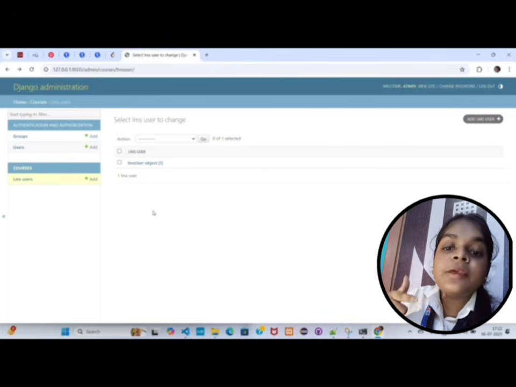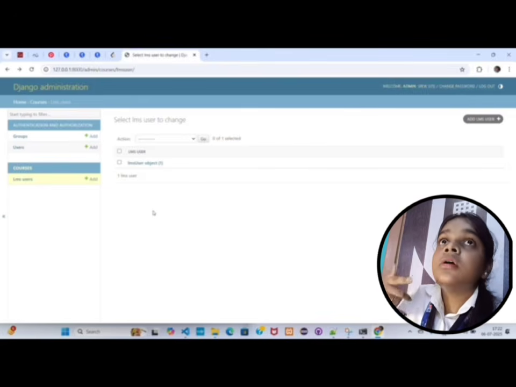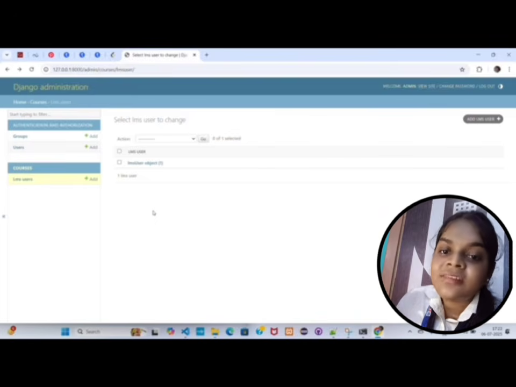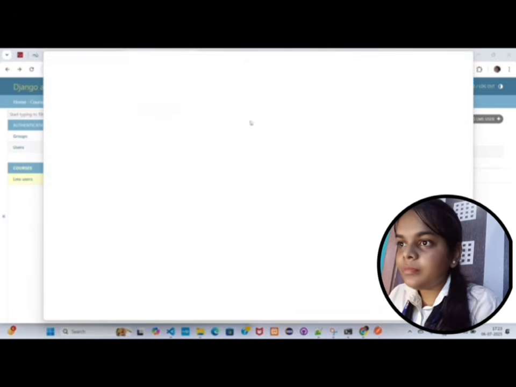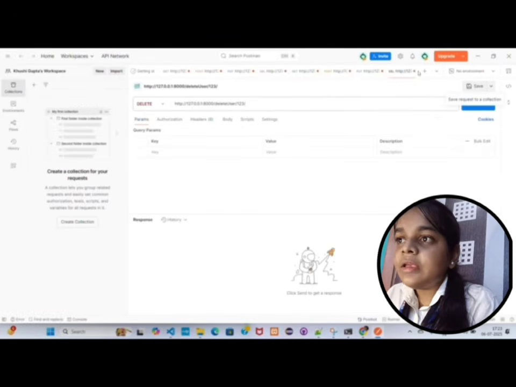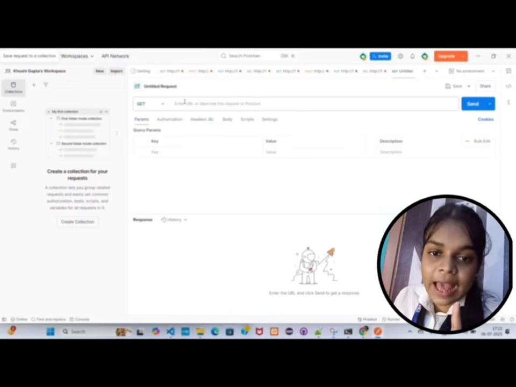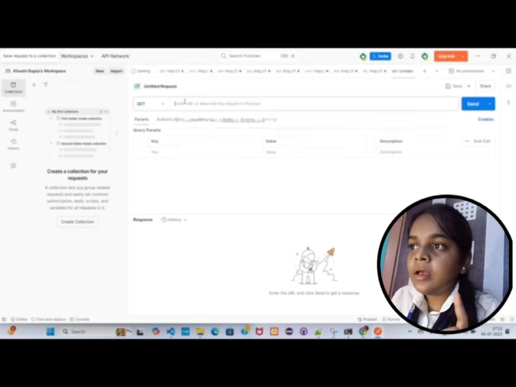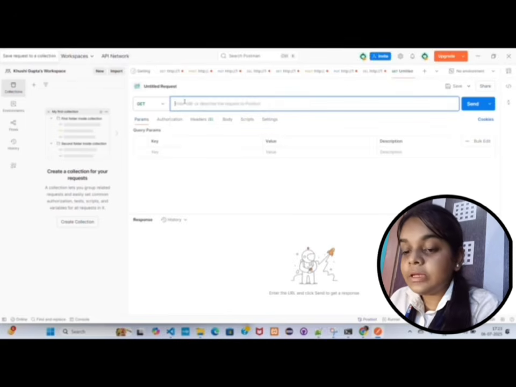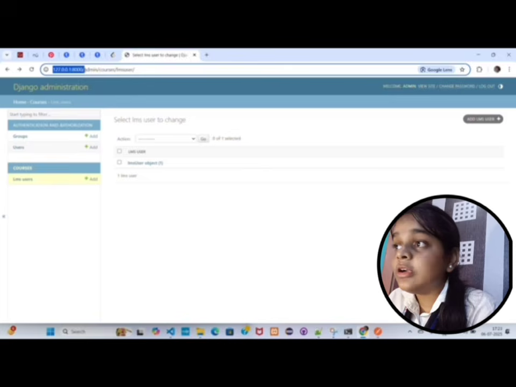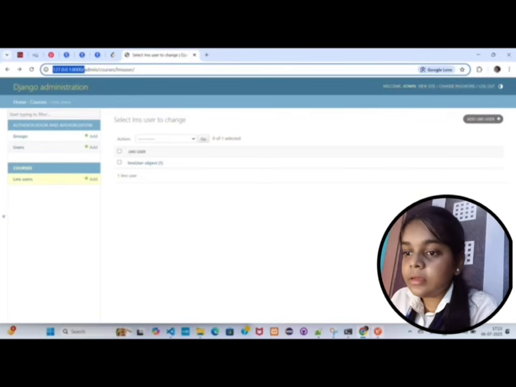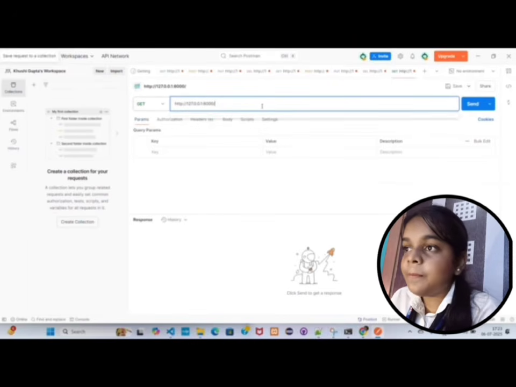And for this, we will be using Postman. Postman is a software to test all the APIs from the client side, how they will be working when live on the internet. So we can test it from Postman. So I will be using the Postman app. Okay. Here, request, I will be creating a new request. First of all, I will run the get method. For the get method, I will perform HTTP. What was my URL? Let us copy it from here. Localhost 127. Copy. In Postman, I will paste it here.